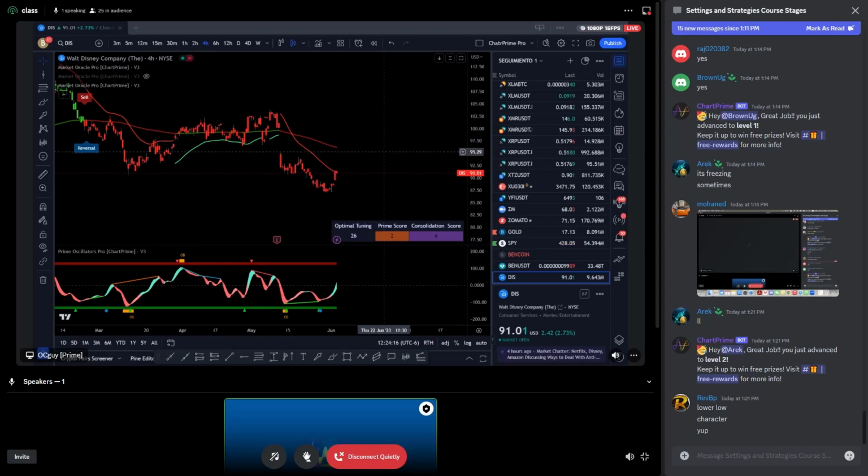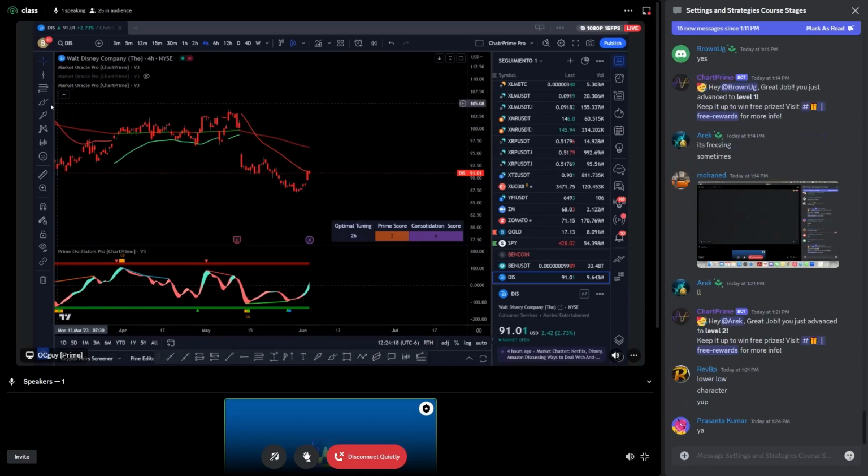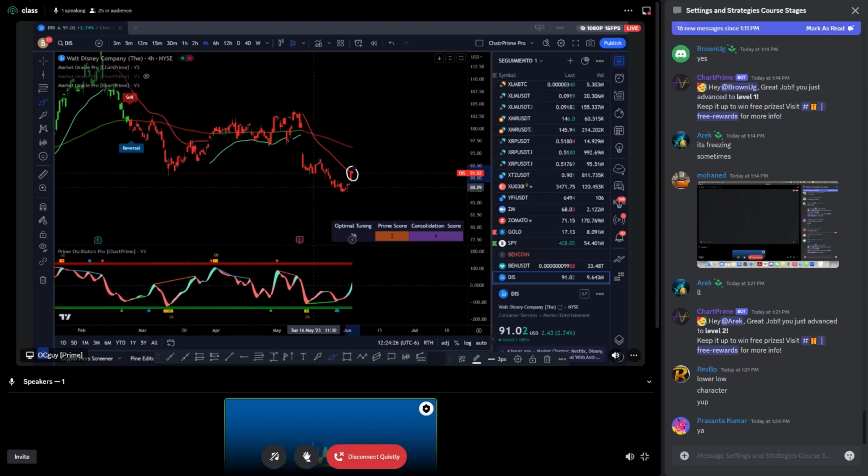Yep, great. All right, so what's happening at this point? We are right at the trend assistance, right? And let's see what happens once we break through the trend assistance. We have another trend assistance. I mean, don't get me wrong, it's a very nice support and resistance zone, correct?